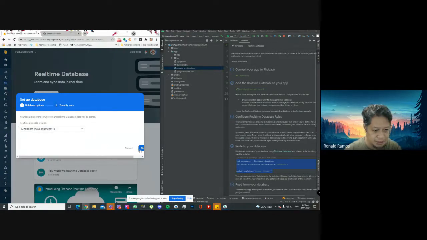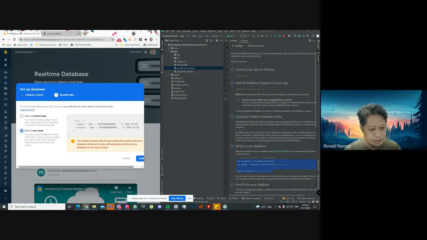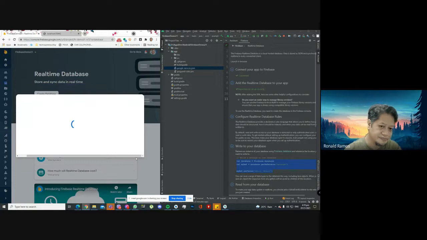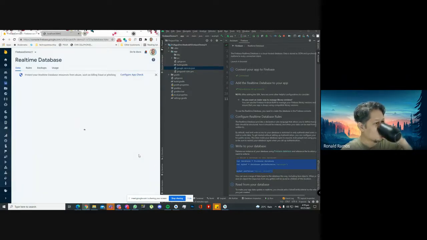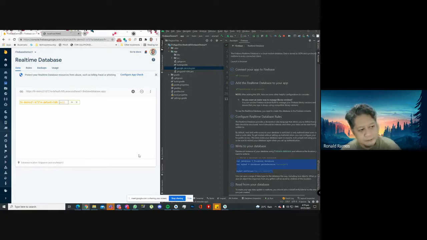So this one and this one, test mode, and I'll select enable. So this is now our Firebase database. Yan. And later on, when we go through the app, we'll see data being written here using the sample code here. Yan. So, ano yung next dyan? So, this is almost ready except